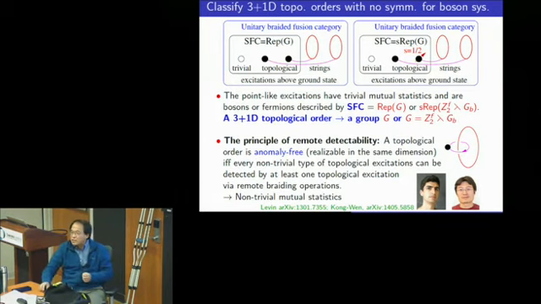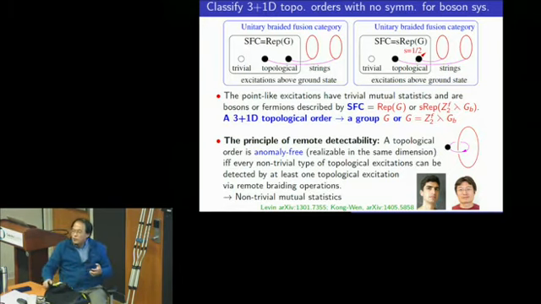Basically, it says that every topological excitation can be detected by other topological excitations remotely. When you only have particles, because of trivial mutual statistics, the particle cannot detect other particles. So we need the loops to detect particles. Therefore, for every particle there is a loop which has a non-trivial mutual statistics with it. For every loop, there are either particles or other loops with non-trivial mutual statistics.